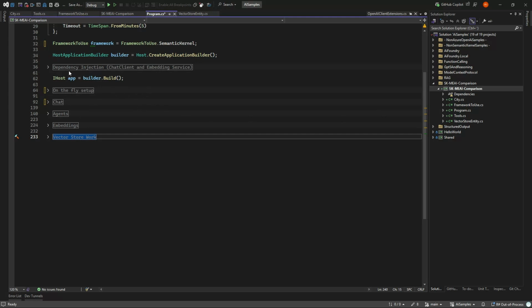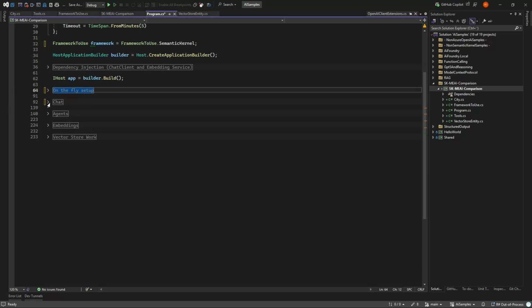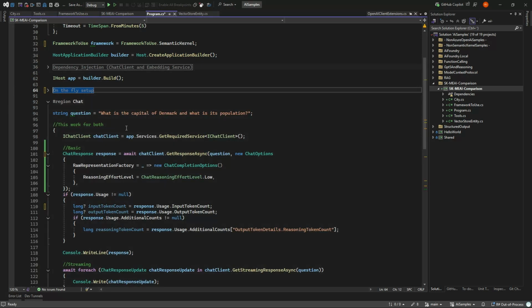When it comes to setting them up, more or less the same. A little easier for Semantic Kernel, but nothing much. On the fly is roughly the same. Might confuse people with the kind of dependency injection in on the fly. Chat, if you just need basic chat, it's exactly the same in both of them.